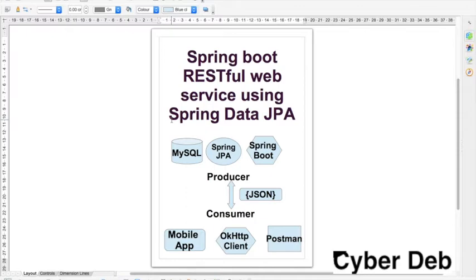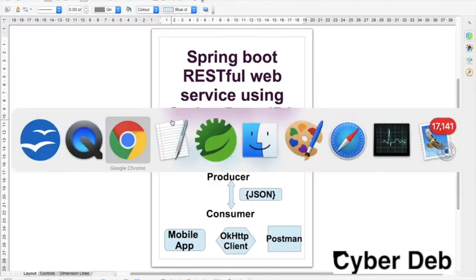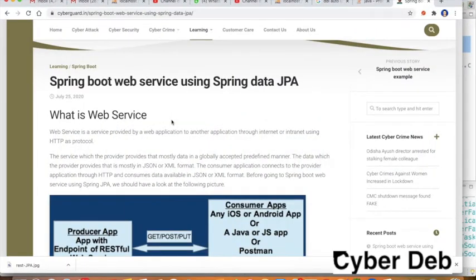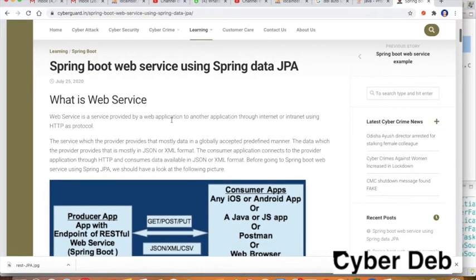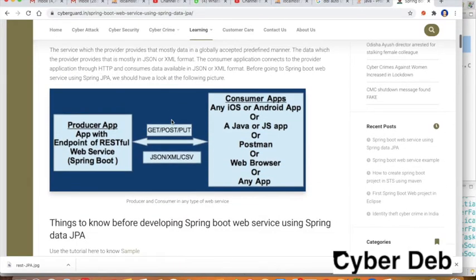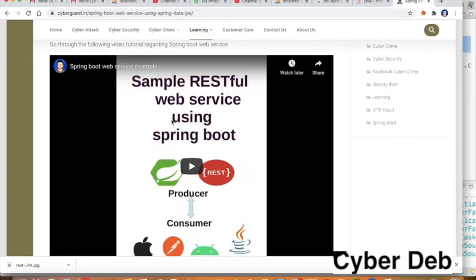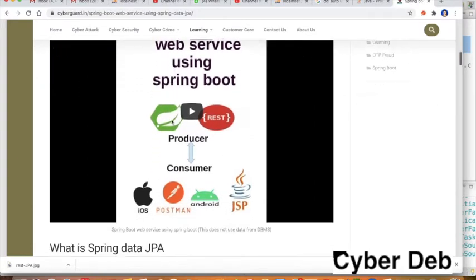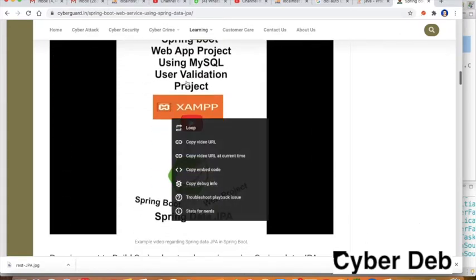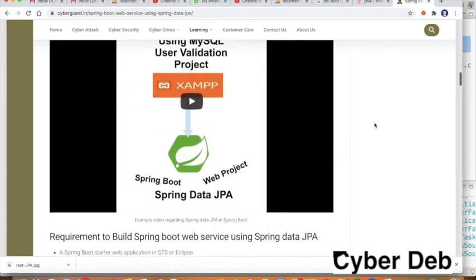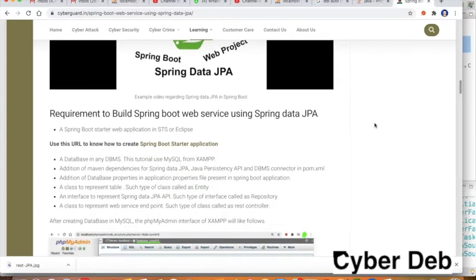I have already created a blog for this discussion, which I will share in the description box again. It discusses a bit of what a web service is, who is going to be the producer and who is going to be the consumer. The videos we have already discussed are also embedded in this post, which may help you reach the content we have already covered.